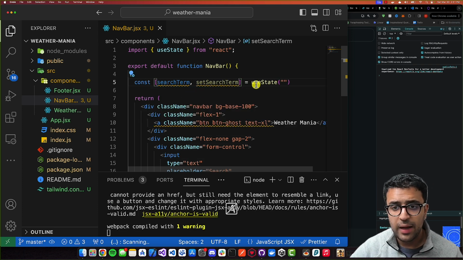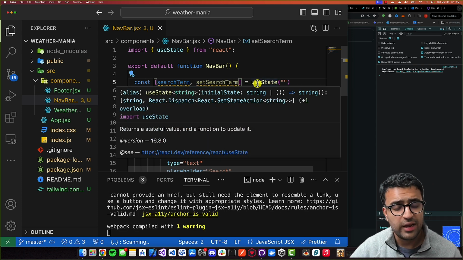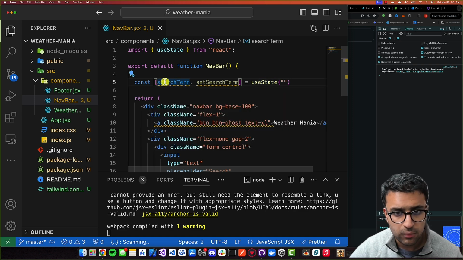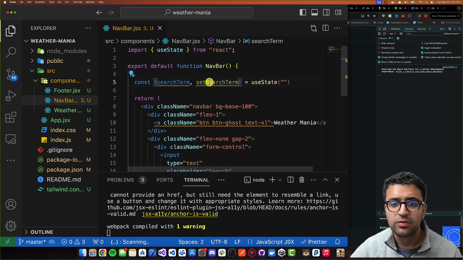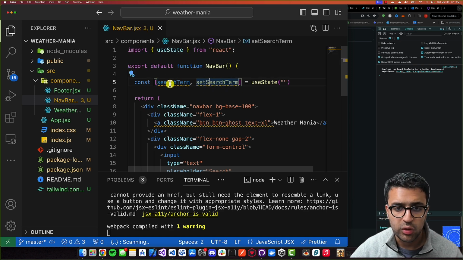So what's basically happening is useState is returning to us a list where the 0th index is a stateful value and the first index is a function to update that value. So we take the 0th index and set that to be our searchTerm. And for the first index, which is a function, we set that to be setSearchTerm. So now we have the stateful value available to us within this searchTerm variable, and then we can update that